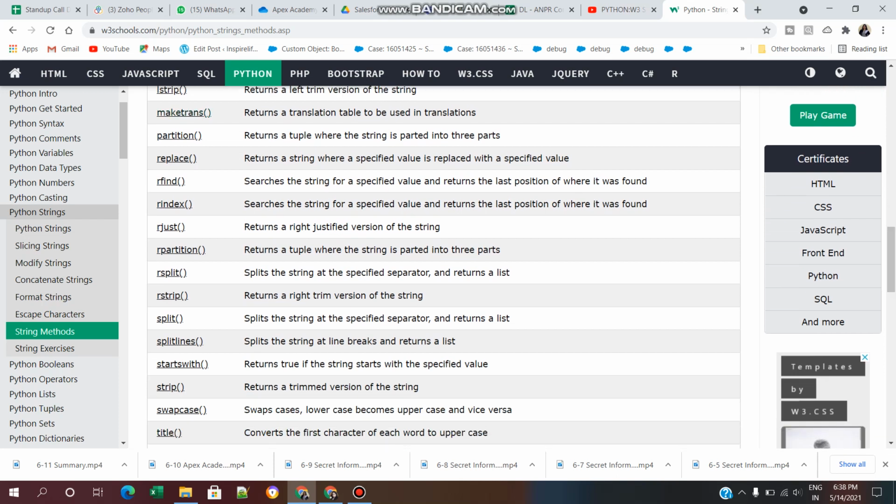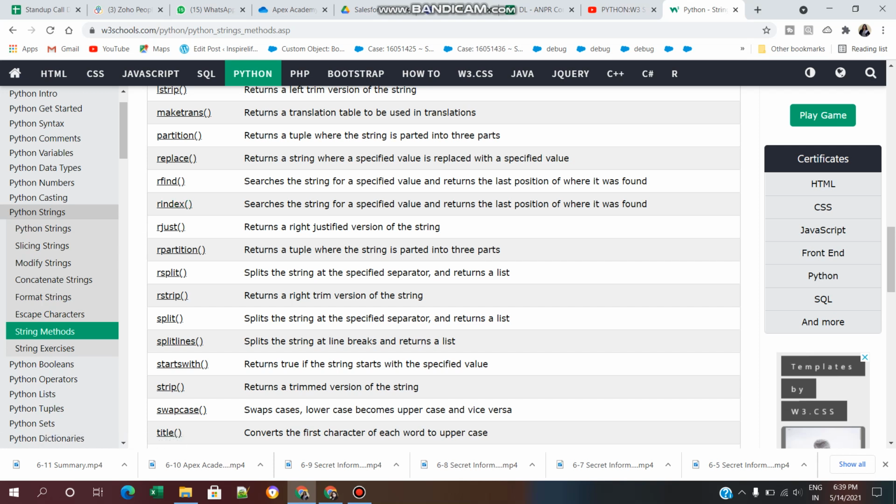The replace method returns a string where a specified value is replaced with a specified value. Rfind, where R means right, searches the string for a specified value and returns the last position of where it was found. Rindex, right index,